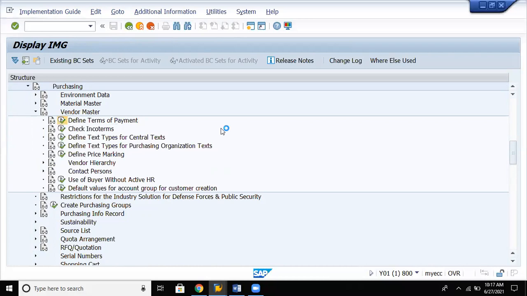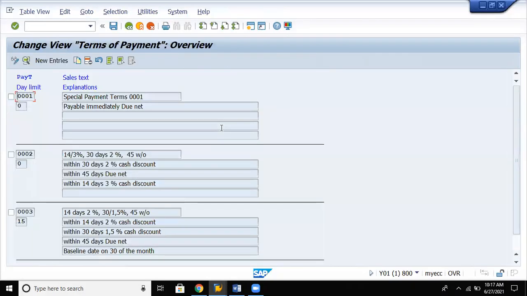So let us understand what terms of payment are. Terms of payment here are nothing but the payment rules and conditions. Here you are going to define what terms and conditions should be met in order to avail the payment term. So payment term here is nothing but your discount terms.